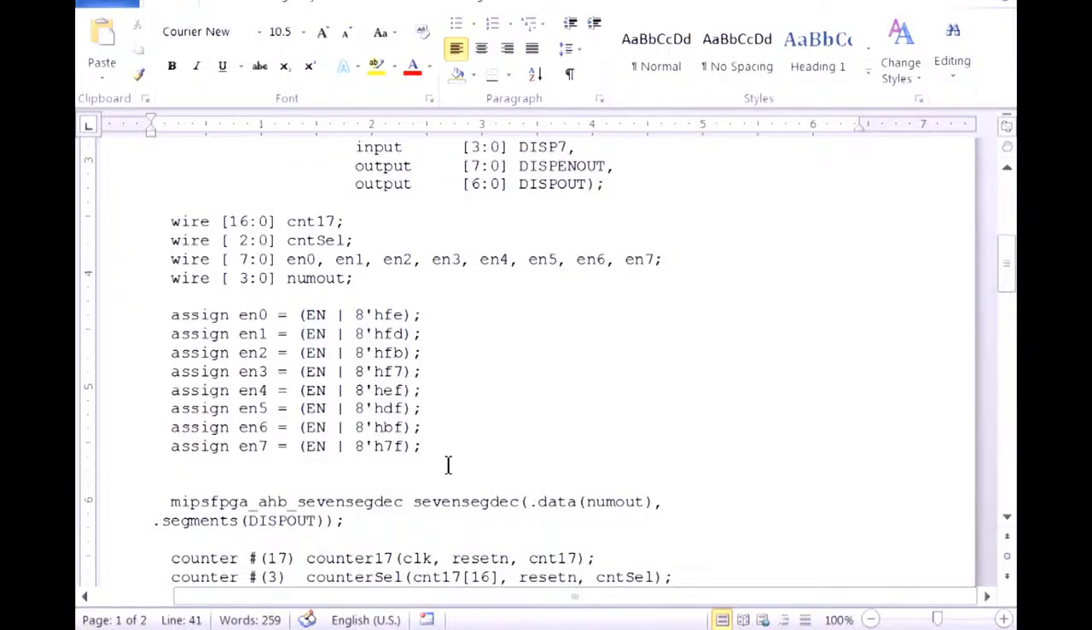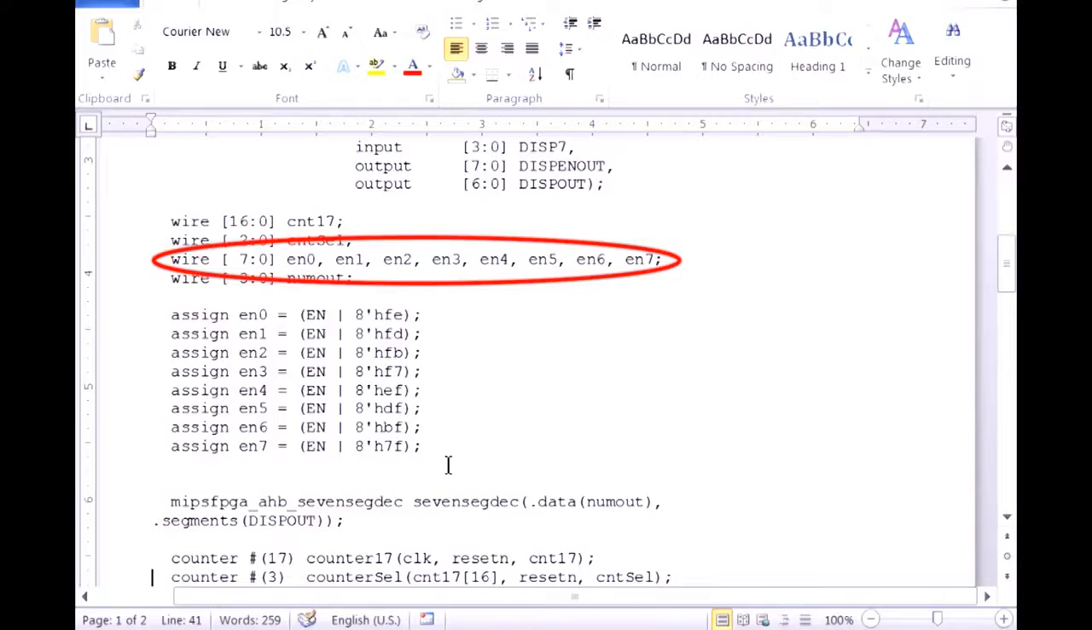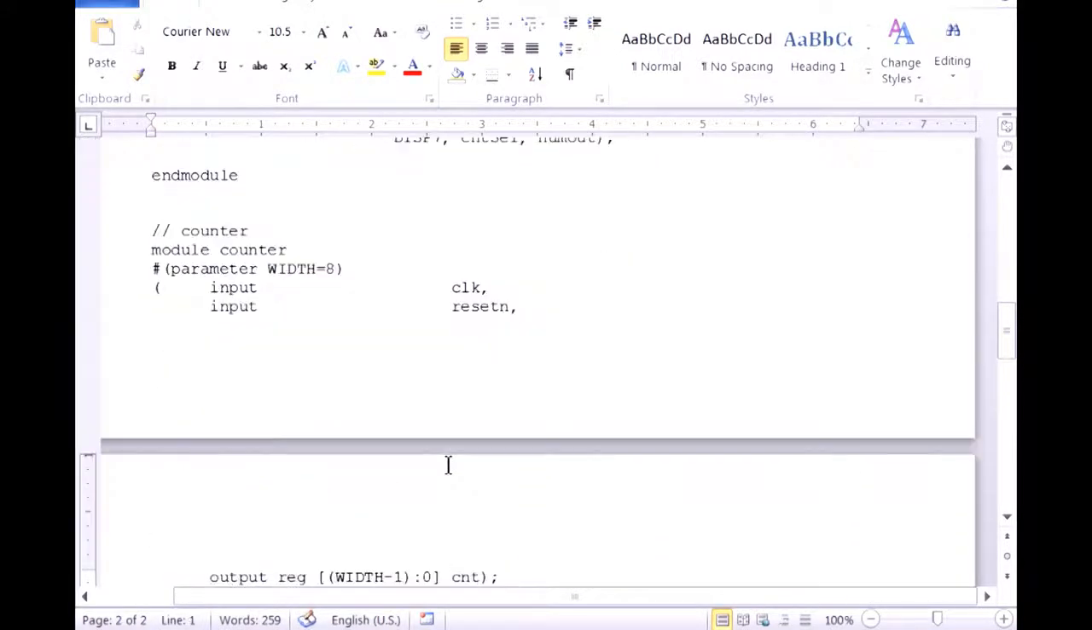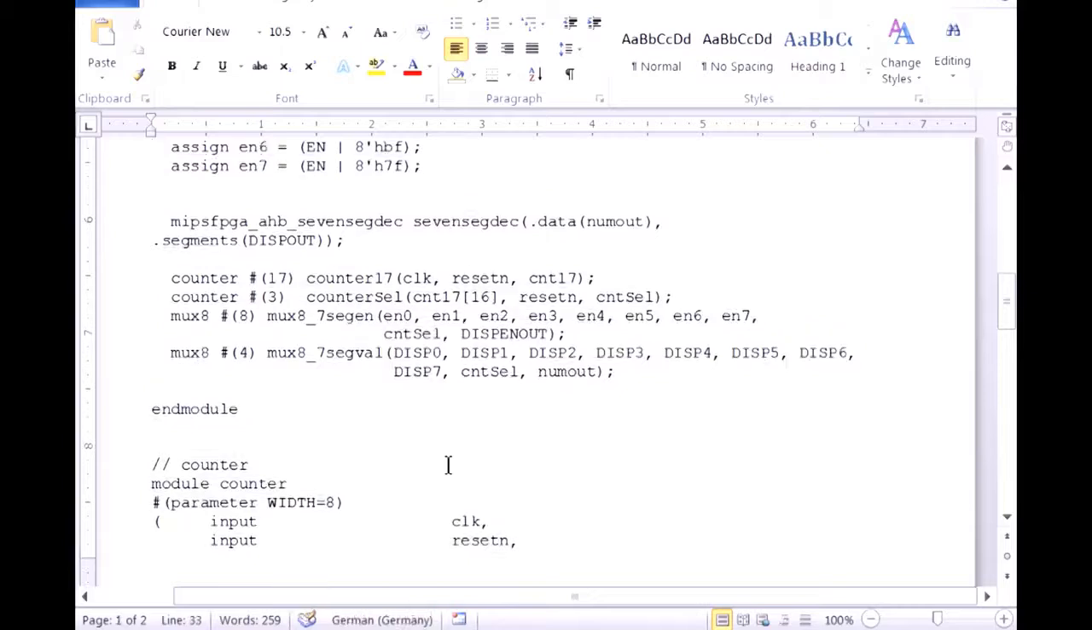All right, so have these individual enable signals, enable 0 through 7. Those are those masked enables. Enable 0 is this one, enable 1, 2, 3, feeding to the multiplexer. Finally, we have a counter, a 17-bit counter that divides down the clock, and a 3-bit counter that's going to feed the multiplexers to choose which digit we're displaying, digit 0 through digit 7. And then the last thing we have is our 2 multiplexers for the segment enables and for the segment